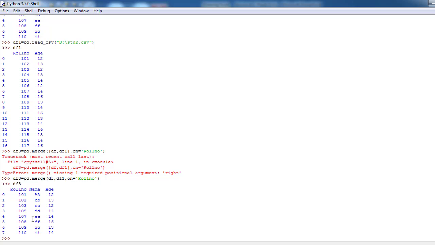Left join means keep every row in the left frame. Where there are missing values of the on variable in the right data frame, add empty or none in the result.